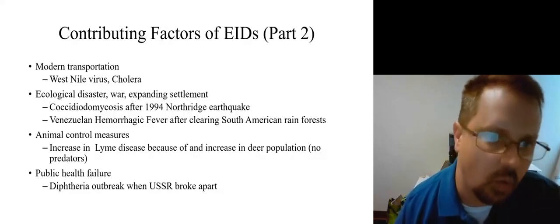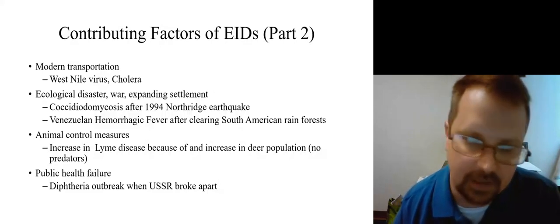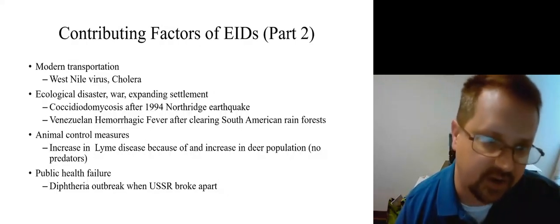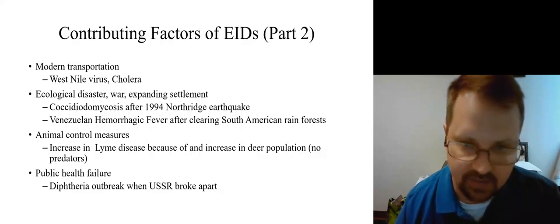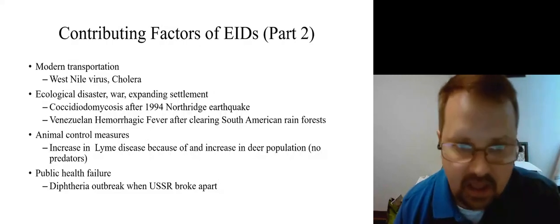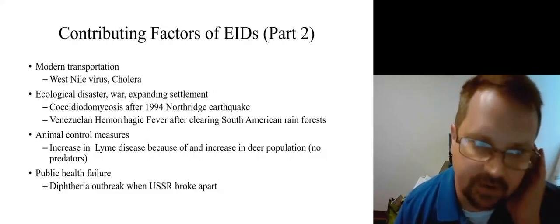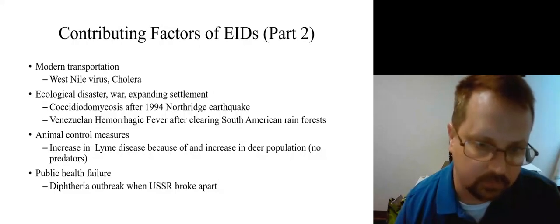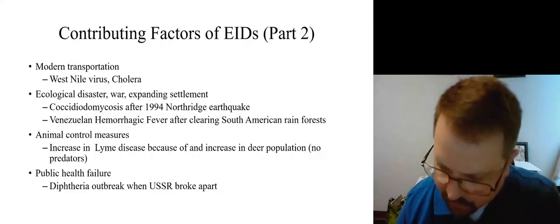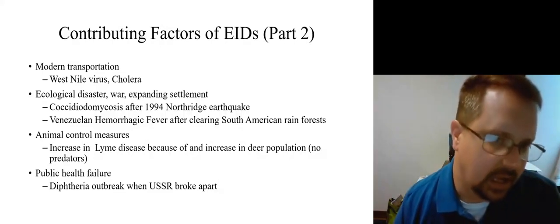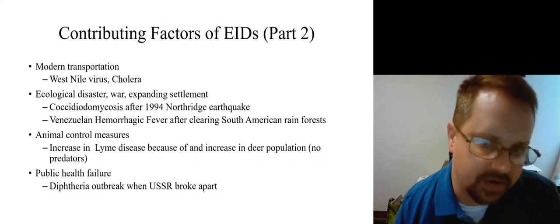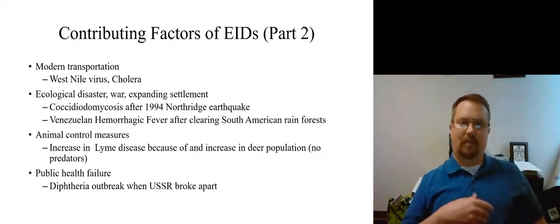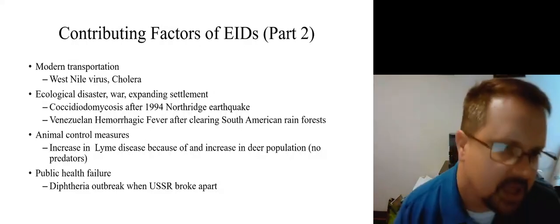Ecological disasters, war, expanding settlements in some parts of the world, like people cleared out parts of the African rainforest, and then they start getting Venezuelan hemorrhagic fever. There's animal control measures, like they used to spray for mosquitoes. So when the deer population goes up, there's an increase in Lyme disease because there's not enough predators. So maybe we need to have animal control measures like hunting. Public health